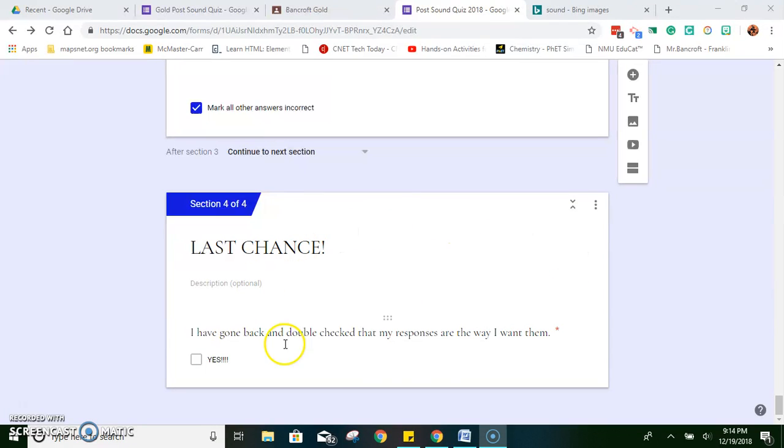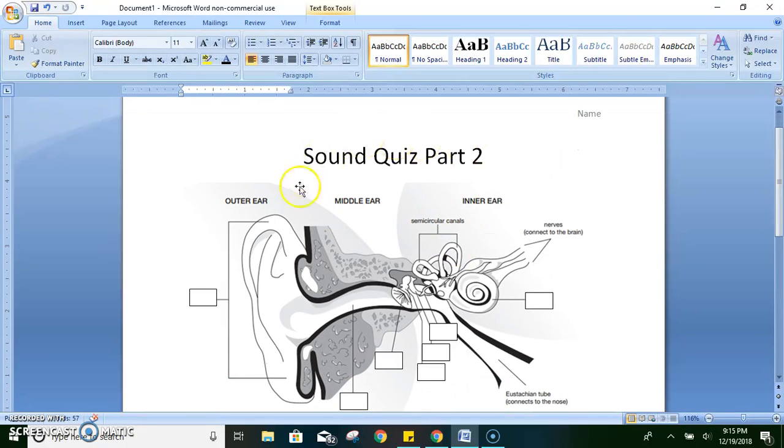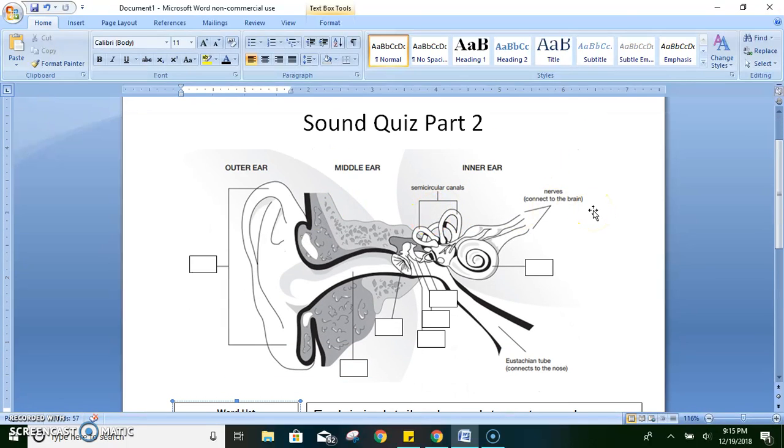All right, and I've got this last chance question here. I just want you to make sure that you've gone back and double-checked your response, because once you submit, you cannot unsubmit. And unfortunately, we are not done. We have one aspect that is on paper for this. This is your sound part quiz for parts of the ear. This is part